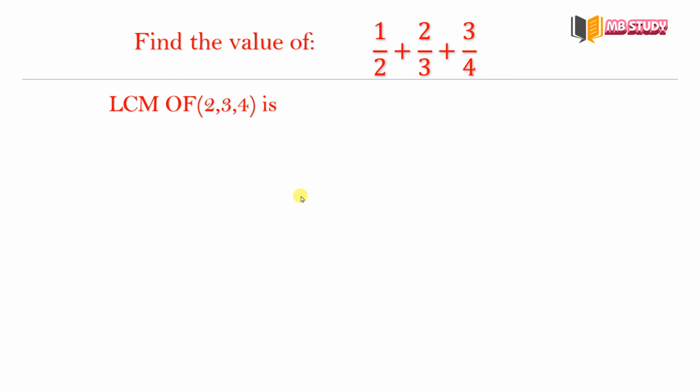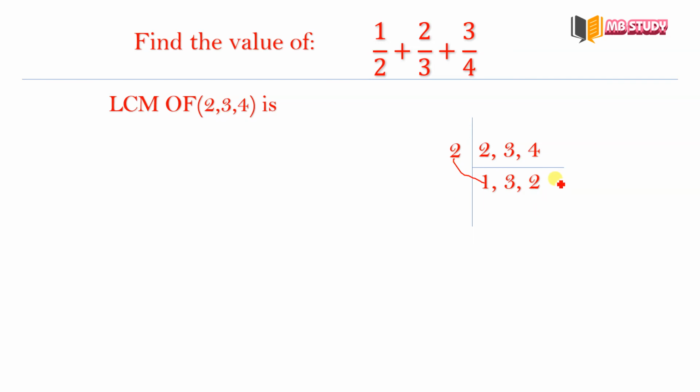Here, the common factor for 2 and 4 is 2. So we have to calculate the LCM. Look at how we calculate the LCM. 2 is a common factor, so we find factors with 2. 2 times 1 is 2, 3 comes down, and 2 twos are 4. 3 times 2 times 1 is 2, 3 comes down, and 2 twos are 4.